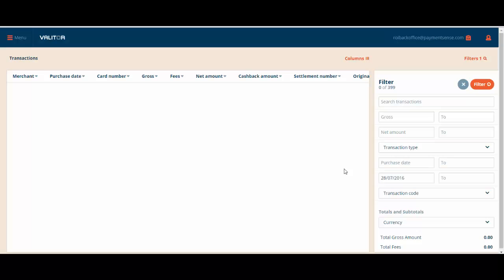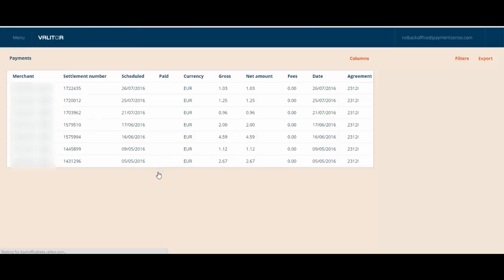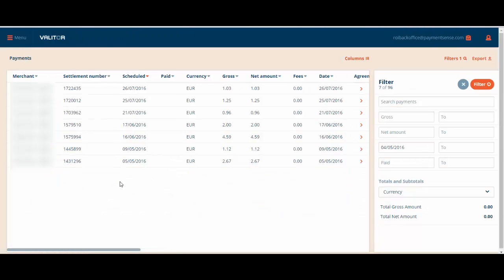To access your daily payments, click on Menu in the top left of the screen and then select Payments. You'll be presented with a screen that looks like this. Notice the settlement number, the schedule date, and the date the money was transferred into your account. The system also provides a breakdown of the gross versus net payments, as well as any fees associated with the